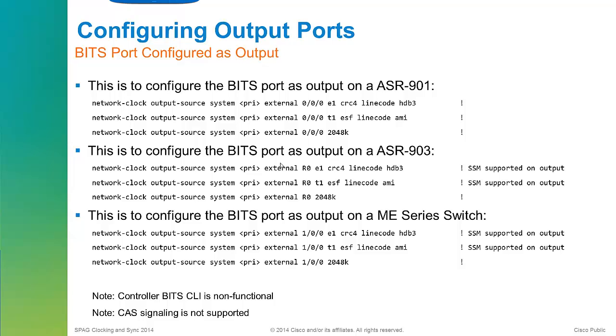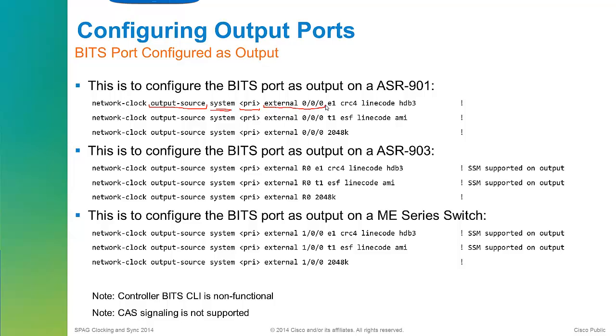So now we've seen how to configure bits as input. What happens if we have our frequency source from somewhere else, like from SyncE or PTP or something, and we need to give bits output to something else? This is supported again across all the platforms, and it's very similar to the input. Really, the only change is instead of input source, you're now talking an output source. So what this is saying is take the system clock, which is the output source is the system, and make it available at this priority again. Just give it a number, 10, and